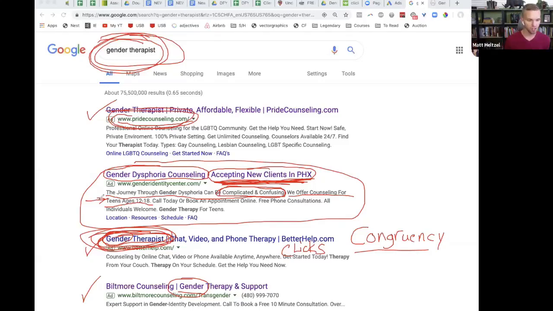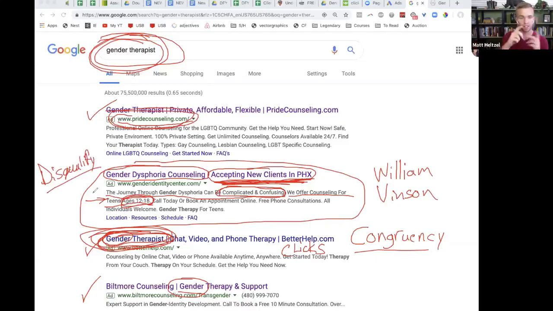Chao Kwong says target audience, more targeted. Kathy says target market. Beishan says it's more targeted. Age range, laser targeting, single out your audience. Don't waste clicks. William Vincent, you win it today. He said the exact thing I was thinking. I don't want to waste clicks. If I'm paying per click, I don't want to waste my clicks, right? So unless somebody knows it's ages 12 to 18, I don't want them to click. What am I doing? I am intentionally disqualifying people. I'm intentionally saying, get out of here.